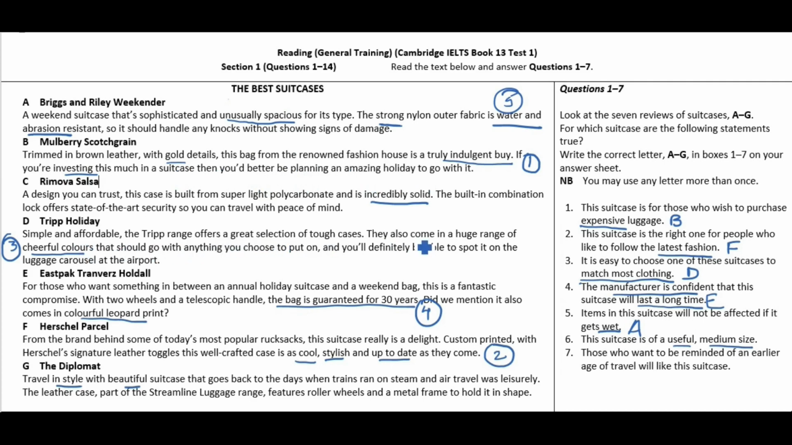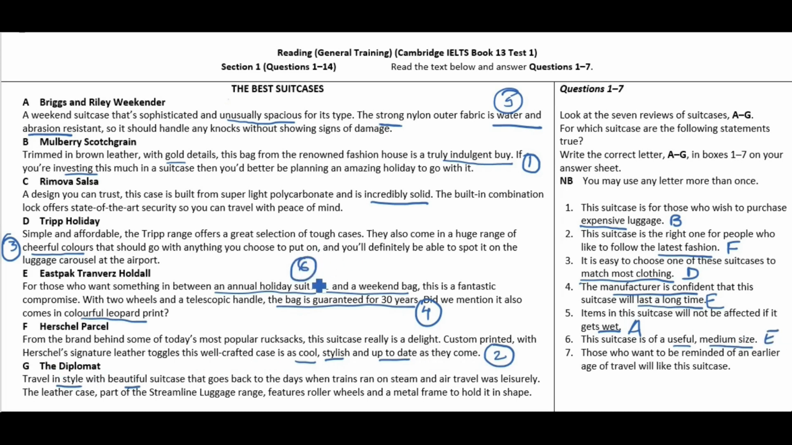D, nothing. For those who want something in between an annual holiday suitcase and a weekend bag. So this implies that it is a medium suitcase. But since there's no proper mention of the size, I'll still glance through the rest of them. No mention of the size in F and no mention of the size in G either. So clearly, E is my answer. And this is where I found the answer. Last one,